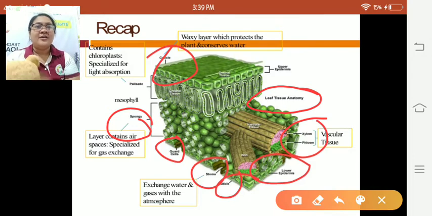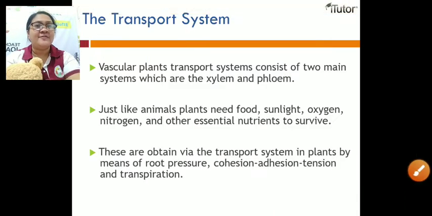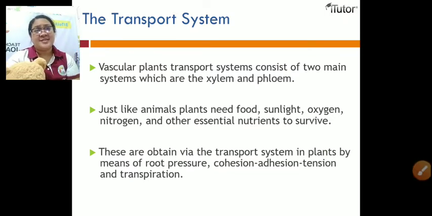So let's go on with our transport system in plants. What is a transport system in plants? Vascular plants' transport systems consist of two systems: the xylem and the phloem. Just like animals or humans, plants also need food, sunlight, oxygen, nitrogen, and other essential nutrients to survive, and in order also to produce food of their